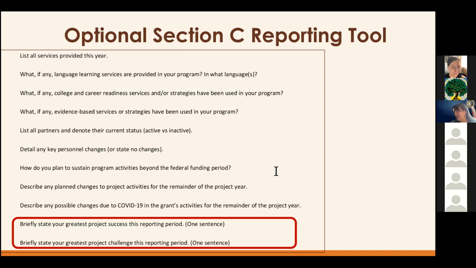Oh, Georgia has a question. Items not in summary go here. By the summary, do you mean the executive summary, Georgia? Okay, yes. So if there's information maybe that you wanted to include in the executive summary, but you ran out of space, or there's more of your story to tell, then you can still include that here in Section C.